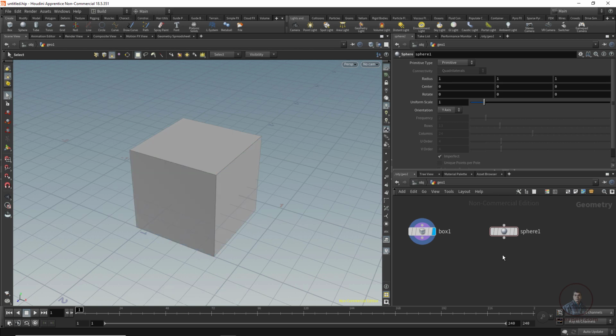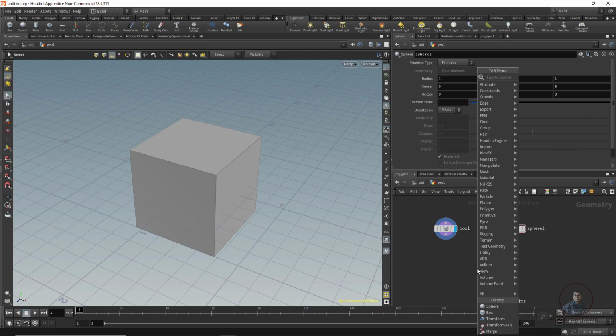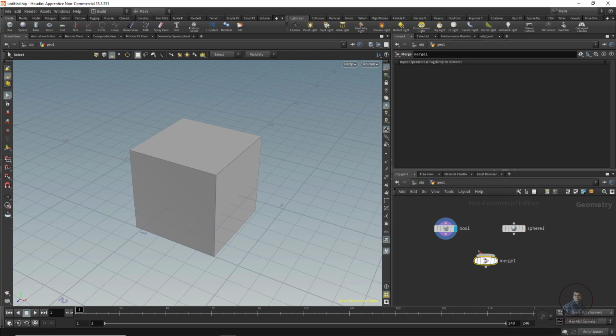Now remember this one: you are inside our geo node, or inside level 1. So it is a little bit different procedure in level 1, or inside any node. Suppose you want to display both objects, then we have to merge both objects first. Now press tab and take a merge node. Now just connect both objects to this output like this, and we have to display this merge node. So again click on the blue tick or blue flag.